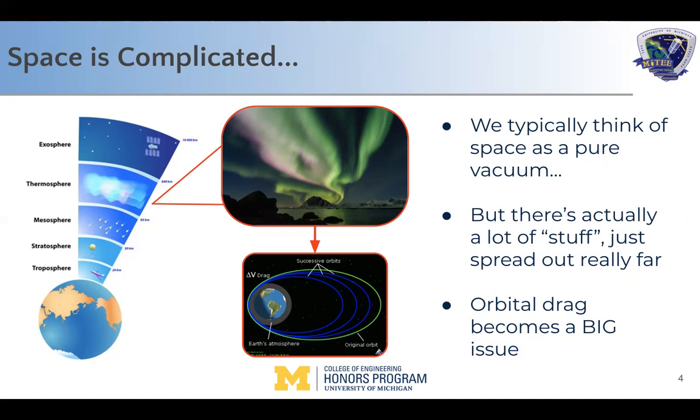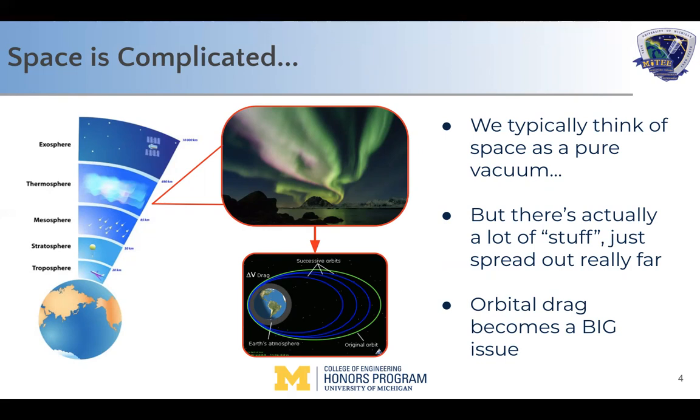There is a big downside to this, and that is that orbital drag becomes a big issue with satellites operating in this region because there is still atmosphere. As you can see in the bottom image, with each orbit you are going around Earth, you're going through this atmosphere, and that's going to decay your orbit and bring you closer and closer down to Earth's surface. Satellites begin to fall out of orbit and disintegrate into the atmosphere and become